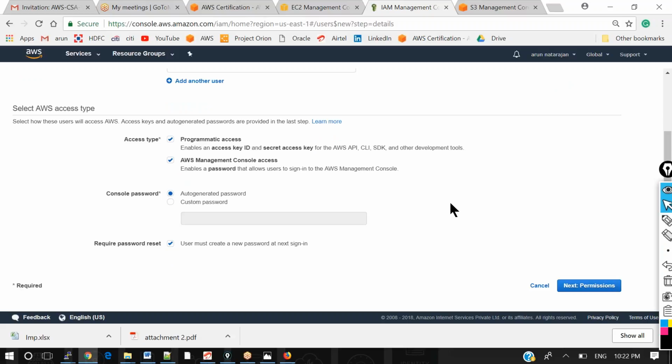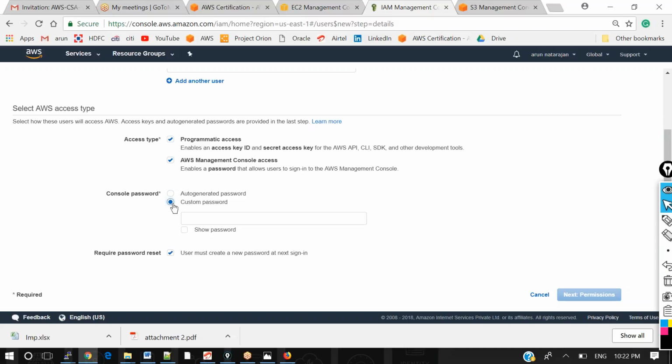You can decide whether you want to create a user with an auto-generated password or a customized password, as per the user's desire. All these options you can read on your own, as they are in simple English and easy to understand.